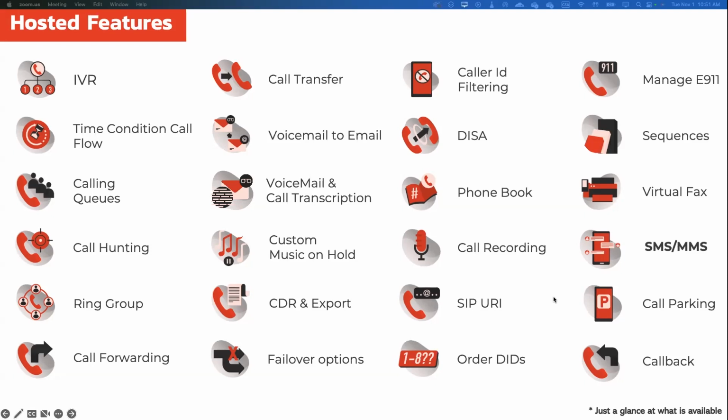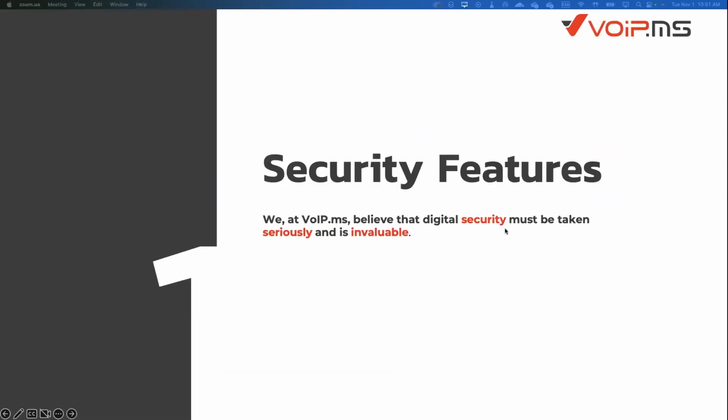However, there's no cost to activate those features, but only the cost of the use of them. So let's say somebody's calling on the IVR, for instance. The time that the people are on the IVR will be billed, but there's no actual cost to activate the IVR by itself. It's pretty much the same thing for all features across the board. Maybe the DIDs will be monthly, 911 will be monthly, but apart from that, it's all usage-based billing.